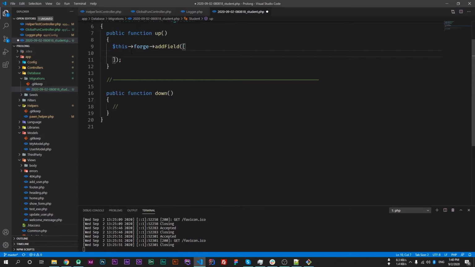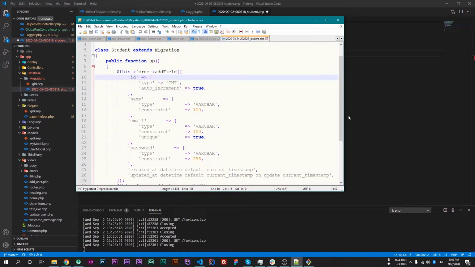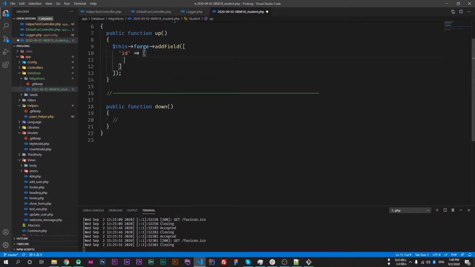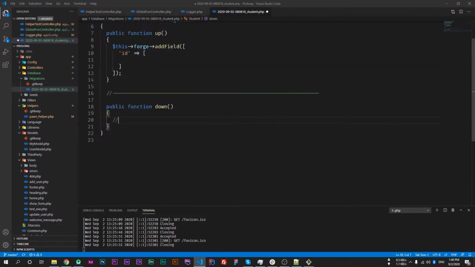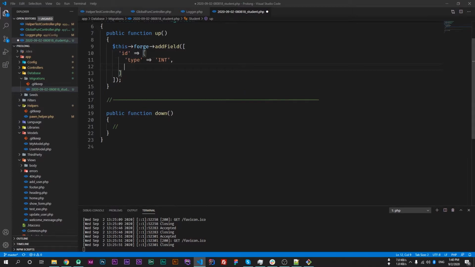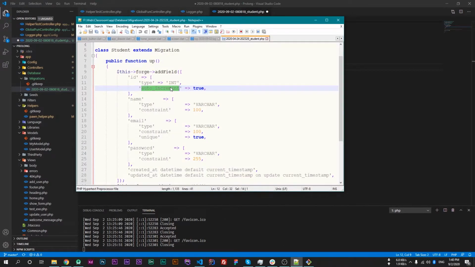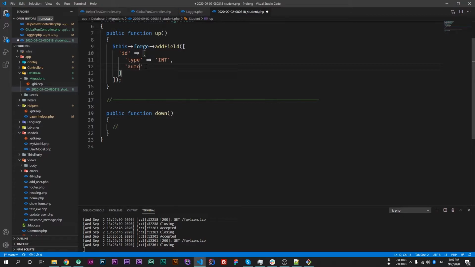So the first one will be id, and now we have to define its constraints, like this will be of type int and this will be auto incremented. So the type, and then the next one is auto increment, and its value will be true.